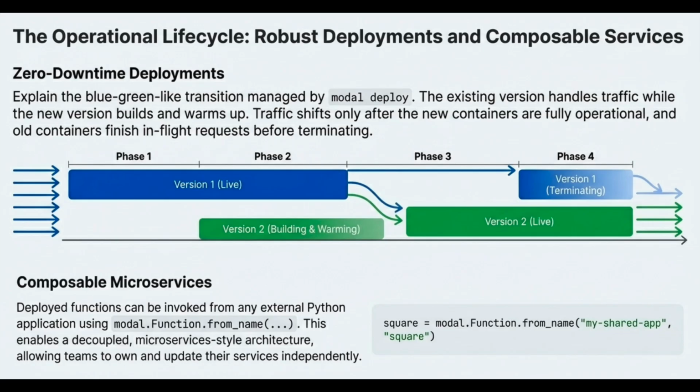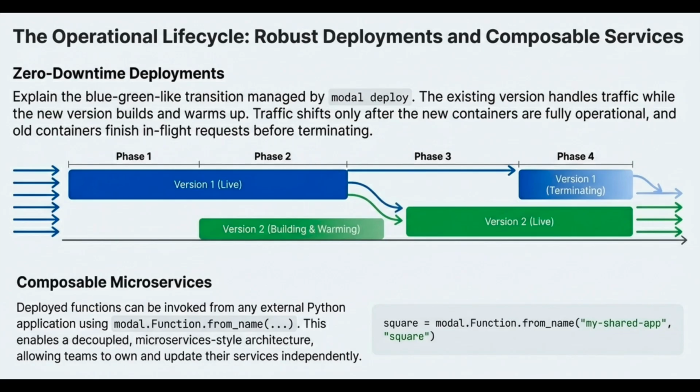Okay, so we've built, we've scaled, and we've optimized performance. Now we look at the requirements for true production readiness, resilience, zero downtime updates, and critically, security protocols, especially for running code generated by AI agents. Right, the operational cornerstone is modal deploy. What is the mechanism Modal uses to ensure that when I push an update, there's absolutely no disruption to my